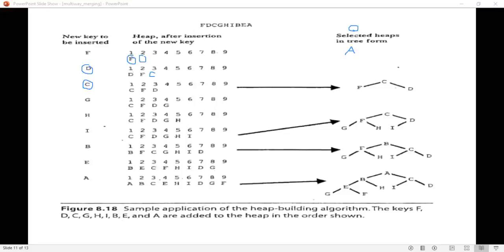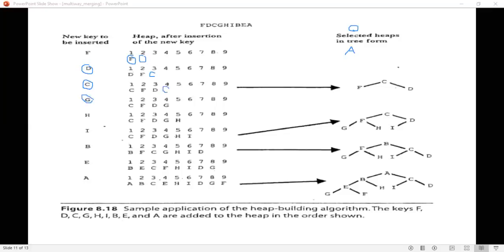Now you have to compare C with D. C is less, so you have to exchange it. C will go to the first position and D will come here. This is the result.